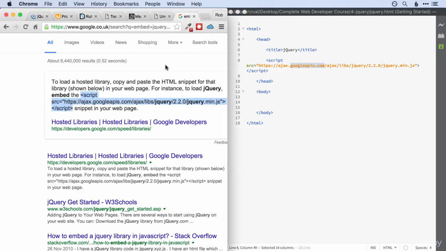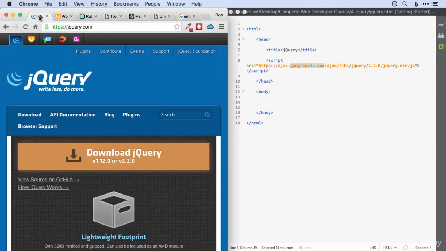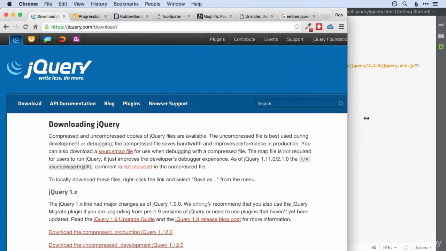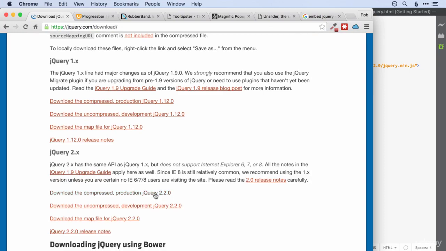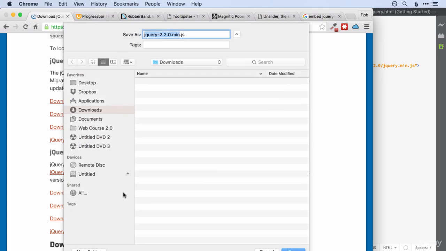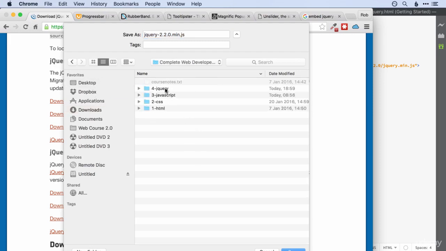Well, that's method number 2. And this is where we go back to jQuery.com and we click that big orange download jQuery button. So I'm just going to click on that, and I'd recommend going for jQuery 2.2, and if in doubt, go for the compressed version, because that's going to load more quickly. So then just save that. In fact, I'm going to save it directly into my jQuery folder, and I'm going to change its name to make it a little bit easier to type in. I'm just going to call it